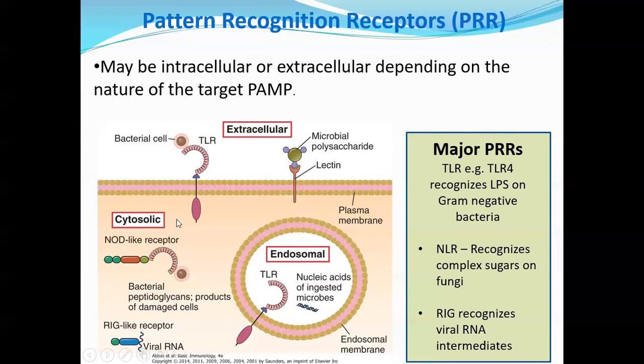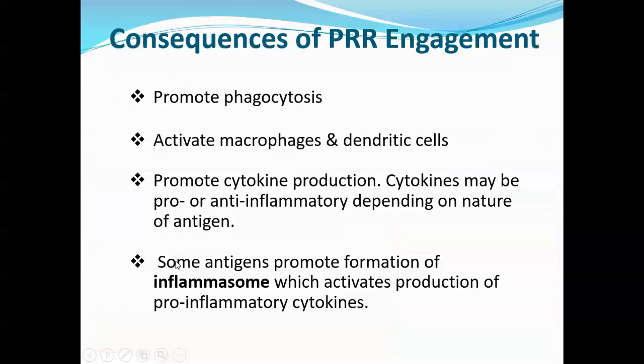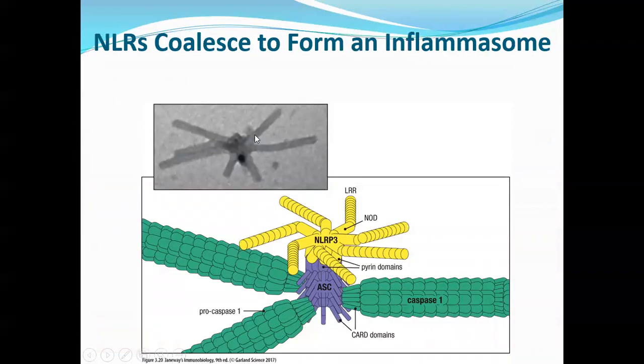Another key feature of one of these other receptors, the nod-like receptor, or NLR, is that if it picks up a foreign MAMP or PAMP, it causes that nod-like receptor to aggregate into this structure called an inflammasome. This inflammasome is a multi-proteolytic enzyme complex, right? So once this structure is formed,